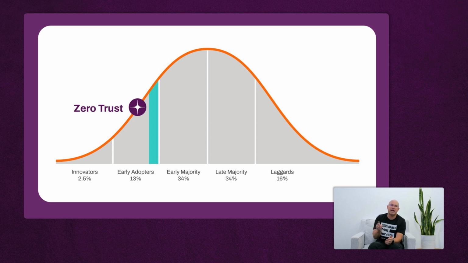But once you get over that chasm, eventually this technology trend is going to live out. It's going to grow into early majority, then on into late majority, and eventually get to the laggards, and you're talking decades as you process through that technology. Up until a couple of years ago, before the pandemic, I would put zero trust framework technology down in the innovator space. Today we place it at the edge of the chasm, mainly because